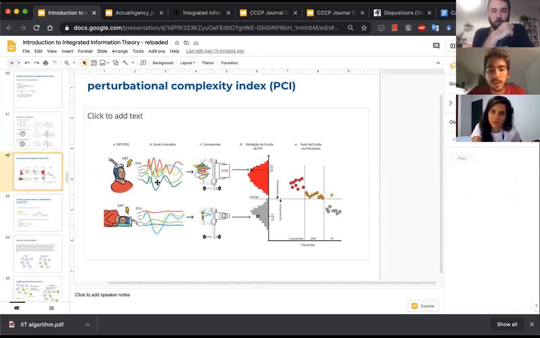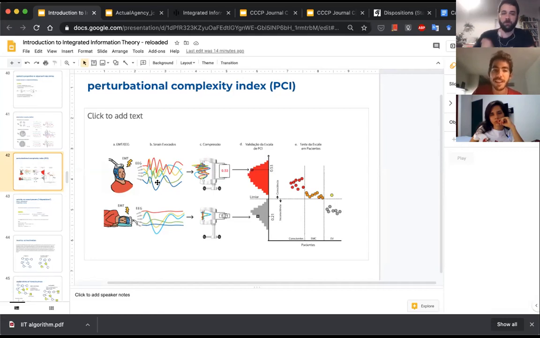structure of constraints. So working this kind of formal relationship between the dynamics of a system and its cause-effect structure, it's not something trivial, but it could be done. But what is interesting is that the PCI, methodologically, was inspired by the principles of IIT. So even though the fact that PCI works doesn't demonstrate IIT at all, because other theories are also coherent with PCI,